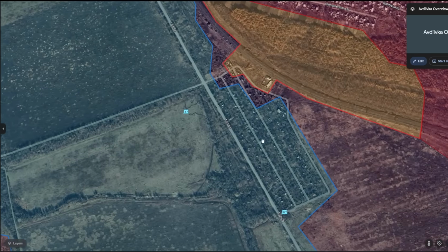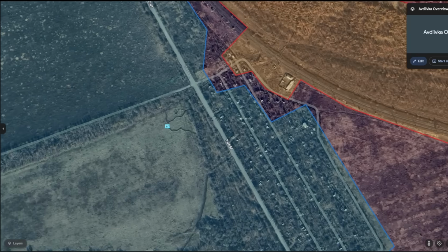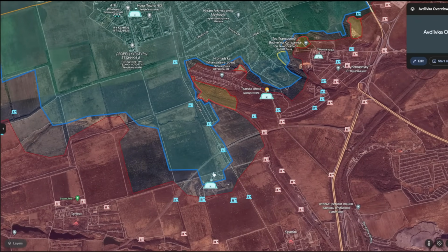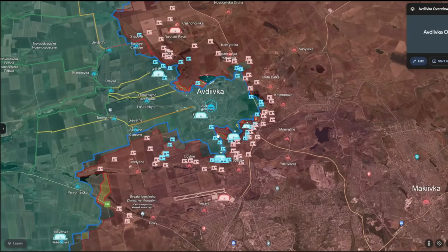So if the Russians continue their success with jumping from structure to structure in these urban fights, and if they rapidly take over even a quarter of this area, or if they just move a couple hundred feet down this road and capture this intersection here, that's going to almost completely cut off this location here. So Ukrainians will have to move through the fields, move along this tree line to get out. Essentially, these two areas,